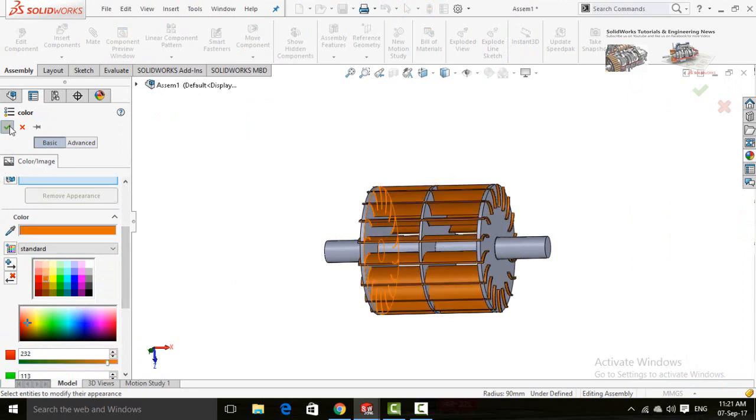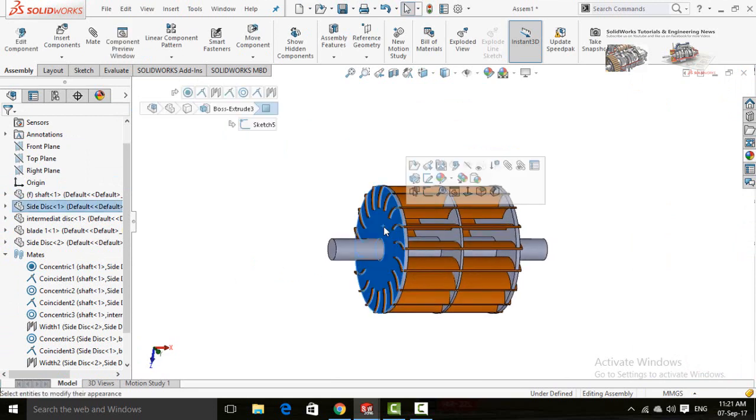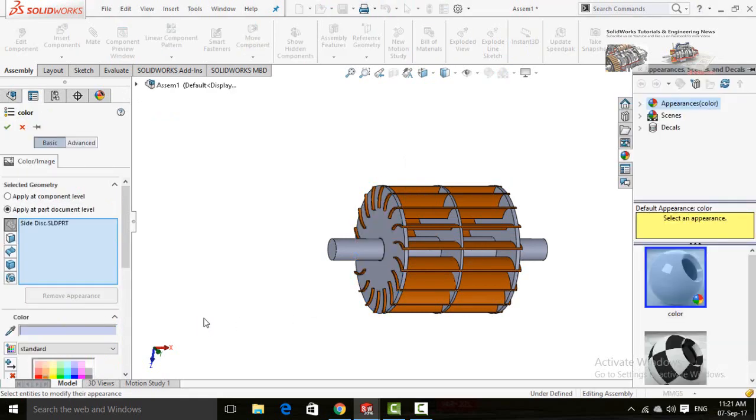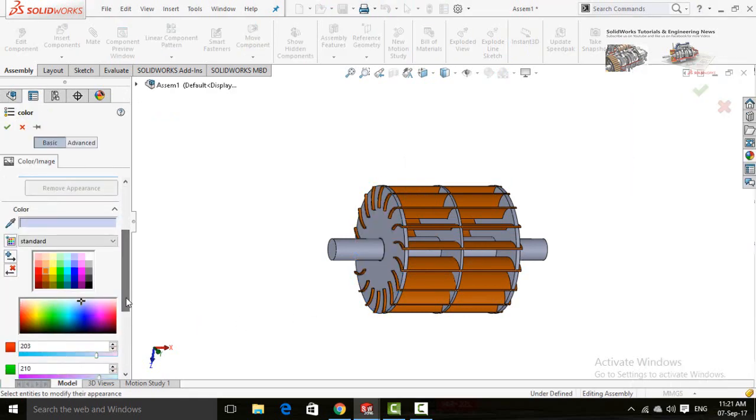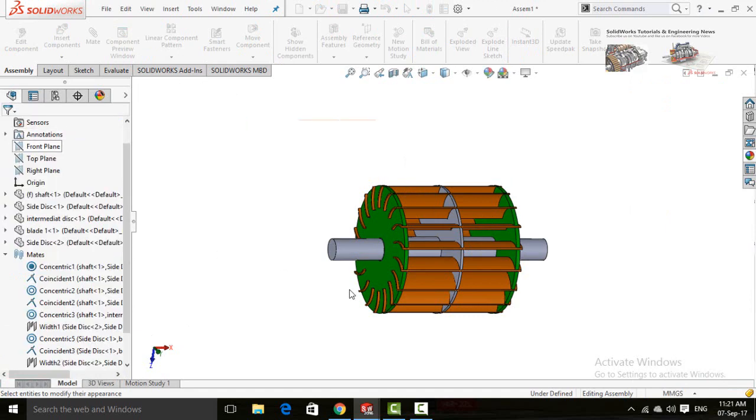Press OK button. Now click on side disk and drop down this arrow, select side disk, scroll down and select any of the color. Press OK button.